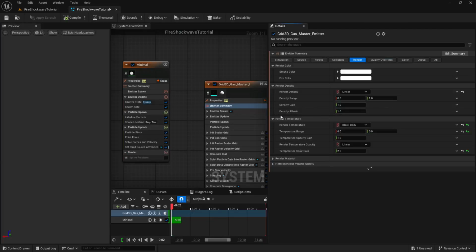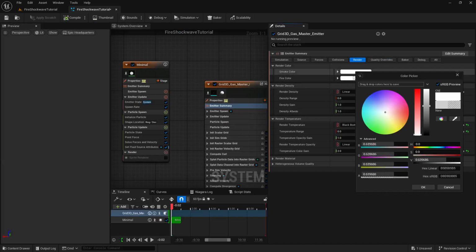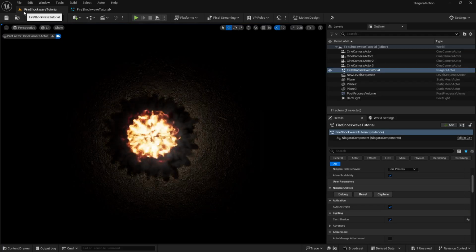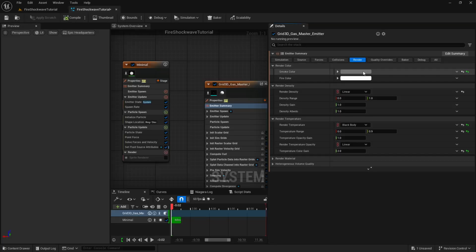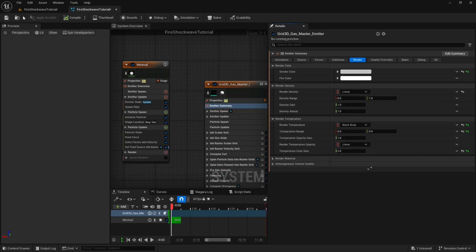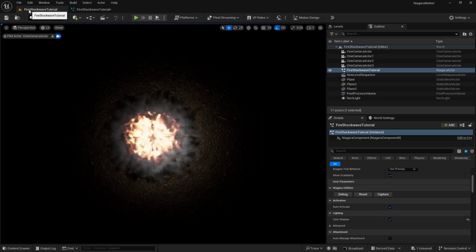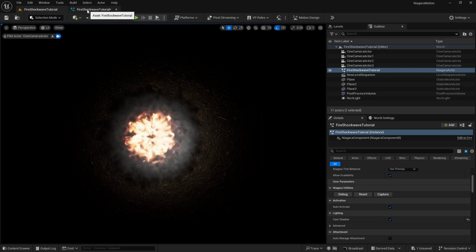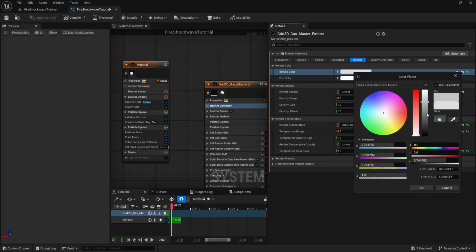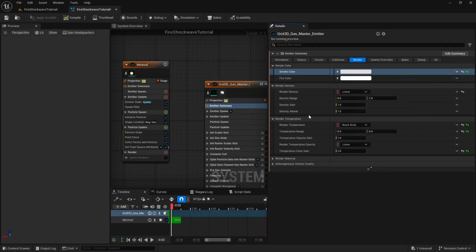Now what we are going to do, we are going to make sure that our smoke color is somewhat darker, something like this. And if I go here now you can see the result. Okay, it's a lot darker. So let's just make it lighter here, something like this, and you can see the result. Yeah, this is looking nice. Okay, and what I'm going to do, maybe somewhat lighter shade. Okay, like this. Yeah, this is looking nice.